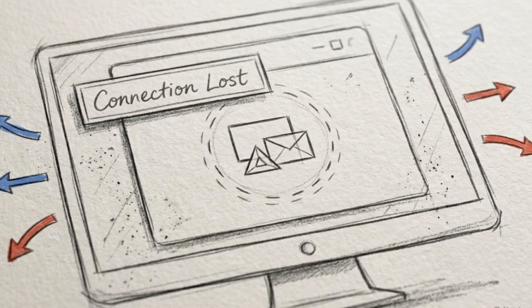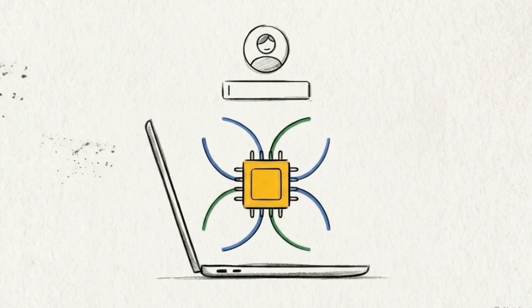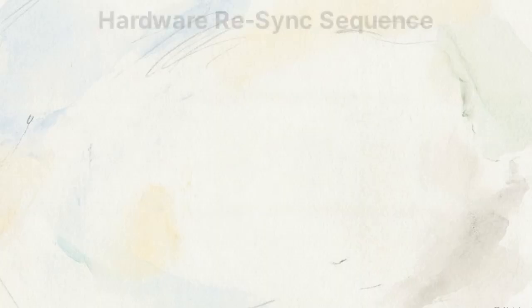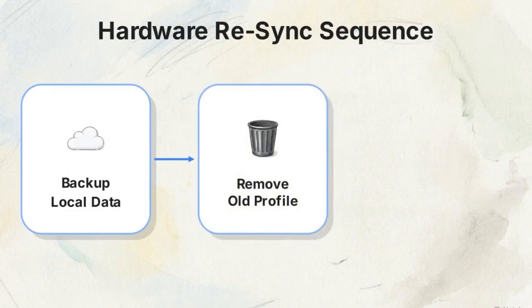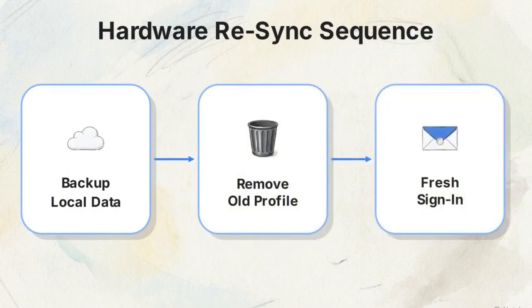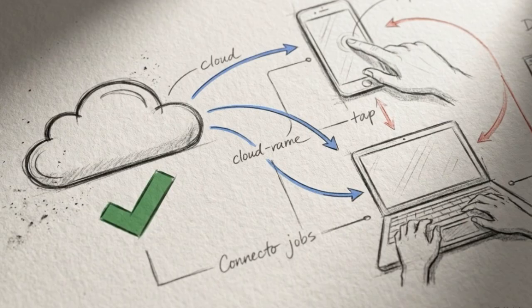Expect disruptions to Chrome Remote Desktop. Existing connections will fail to recognize the updated account until you sign back in. Chromebook users face a complex process because the Gmail address is integrated into the hardware identity. To restore your device, you must back up your local data, remove the old profile, and perform a fresh sign-in using the new address. While your cloud data remains synchronized, your local hardware and third-party apps require manual recalibration to